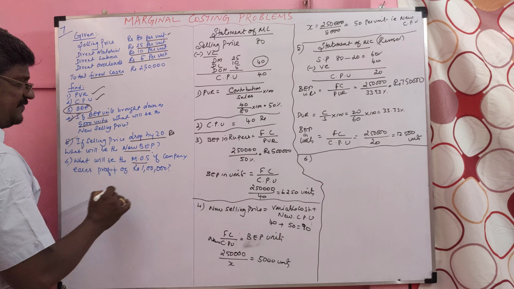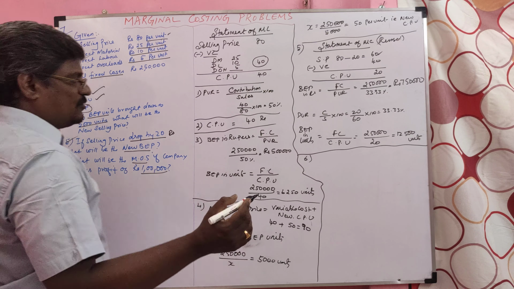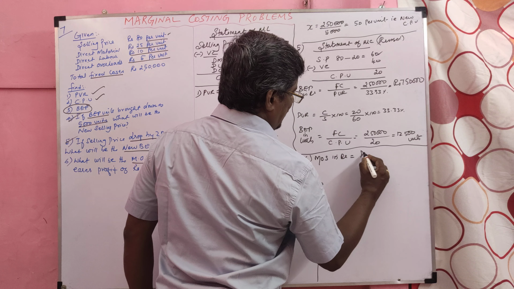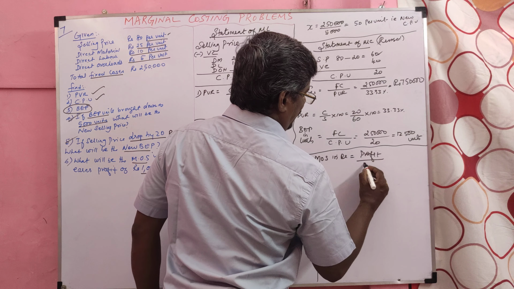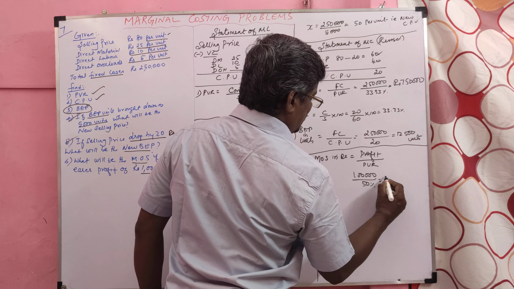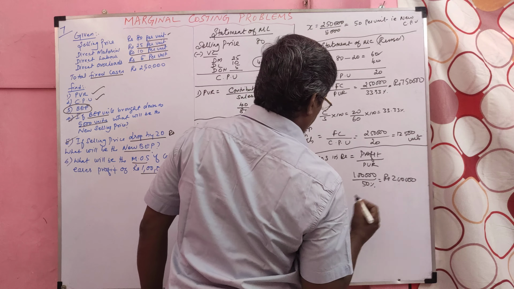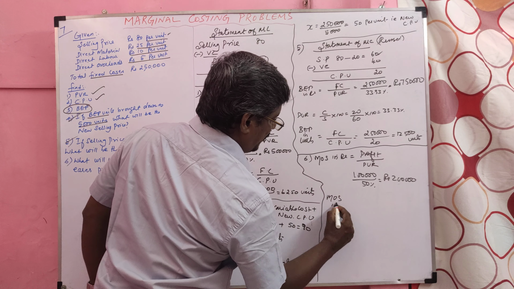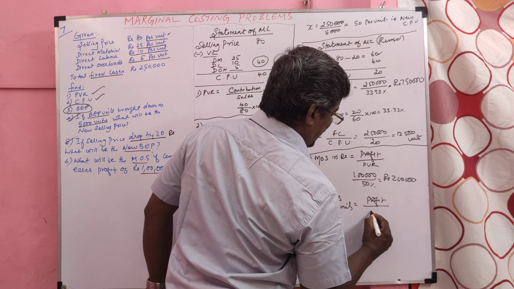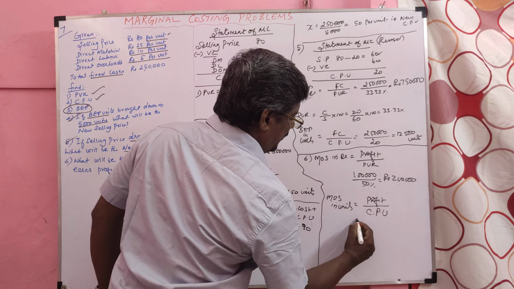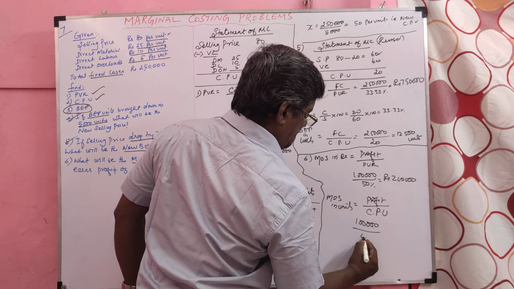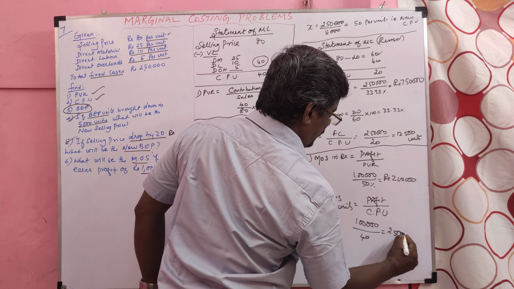What will be the margin of safety if company earns profit how much? 1 lakh. So they are asking margin of safety in rupees. I said the formula: profit divided by PVR. Profit how much? 1 lakh. PVR how much? 50%, equal to 2 lakh. The same margin of safety we have to express in units also when units are given. What is the formula? Profit divided by contribution per unit. So our profit given in the question, CPU 40. So 2,500 units.